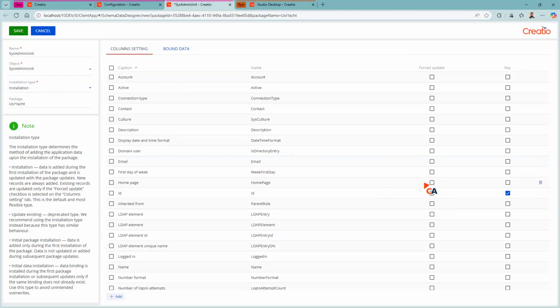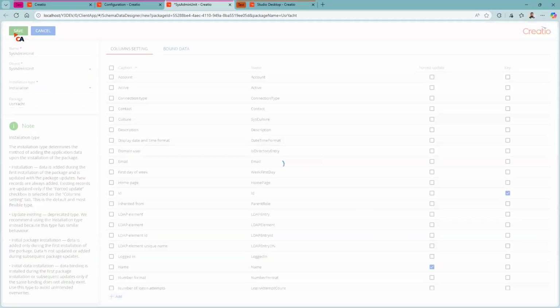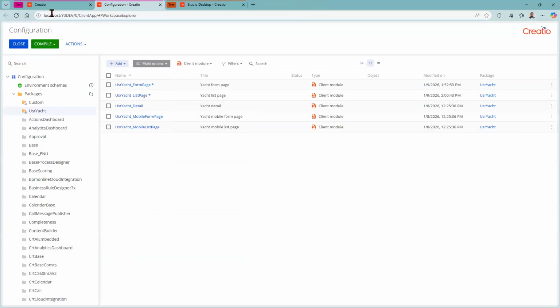As I'm binding, I still should take care of this immediately right now, though I know this will not work. I will force update name, and I'm going to save this, close this,